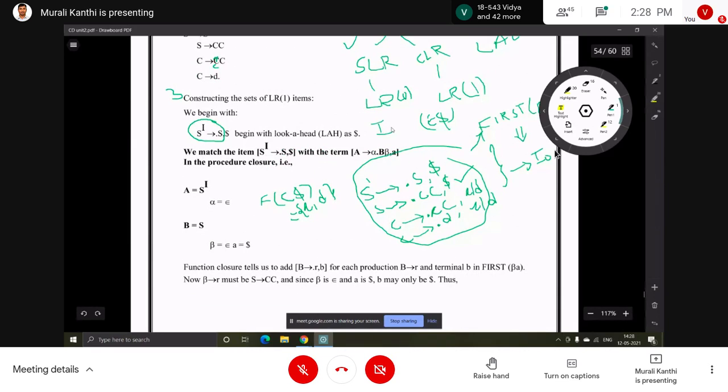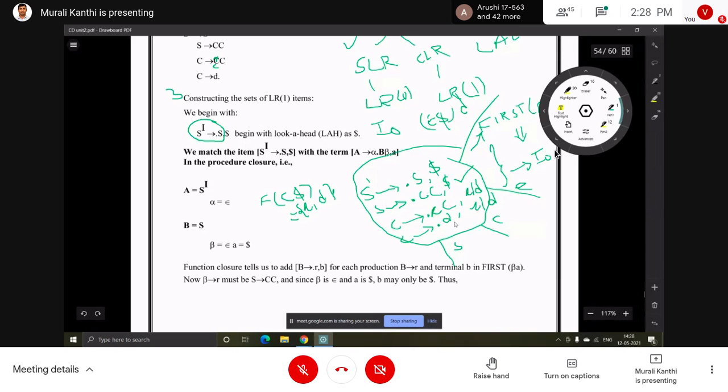Next, what we have to do? Apply the goto function on this. For that, we have to see which symbols are there after the dot. So after the dot, S is there, so we get goto of I0 comma S, and with capital C one more we can apply, then with small c we can apply one more, then with small d we can apply one more.